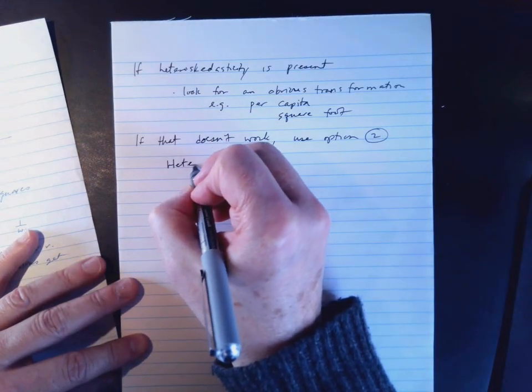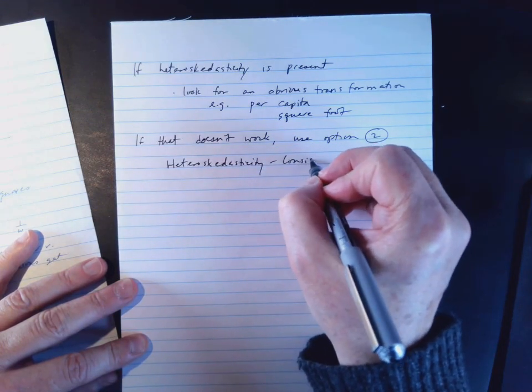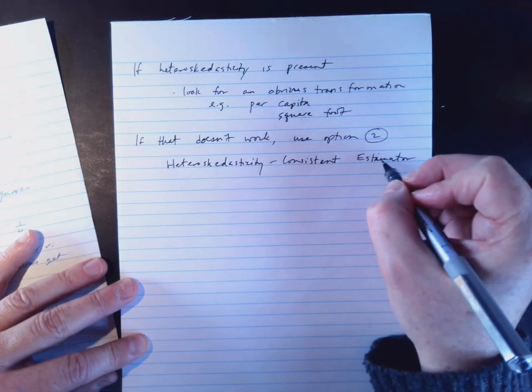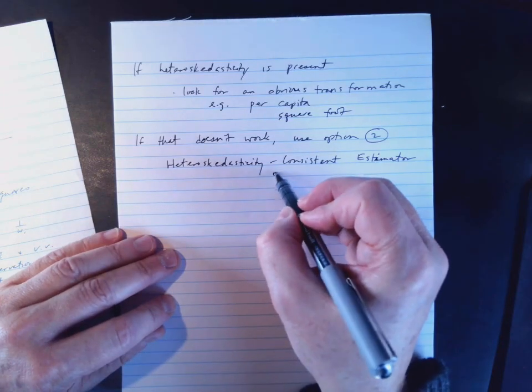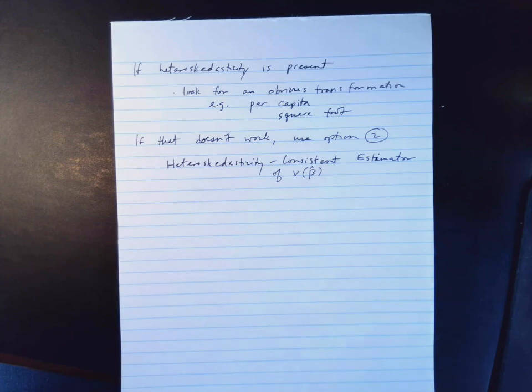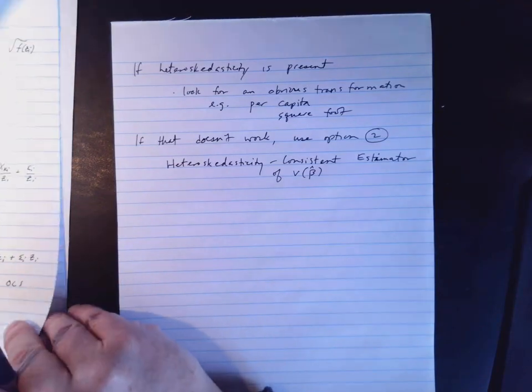And option 2 is a heteroskedasticity consistent estimator. Heteroskedasticity, and it's an estimator of the variance. All right, now, what do we mean by a heteroskedasticity consistent estimator? Well,